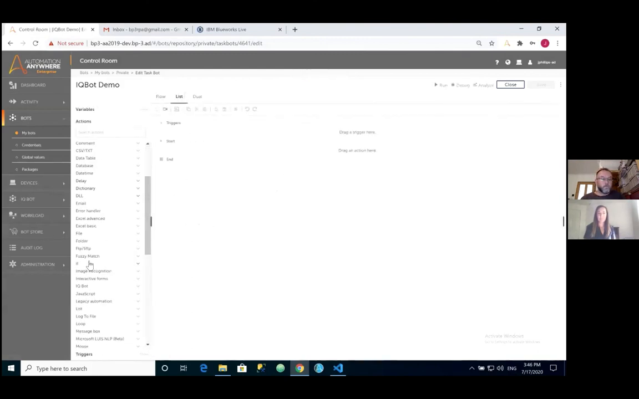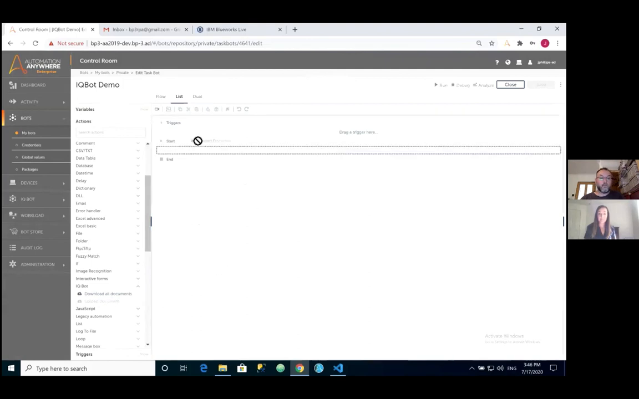So there are two actions or commands that we can use. First of all, down here is upload document, and then there's download all documents. So upload document, if we drag that onto the canvas,